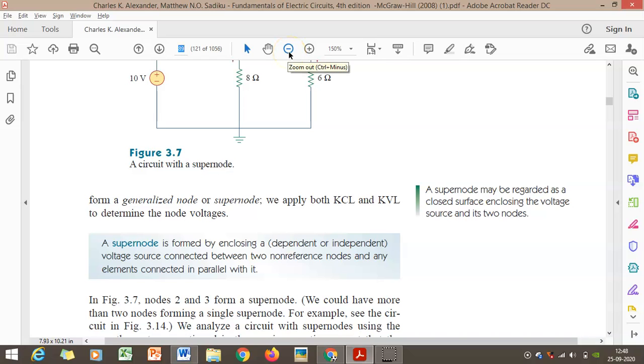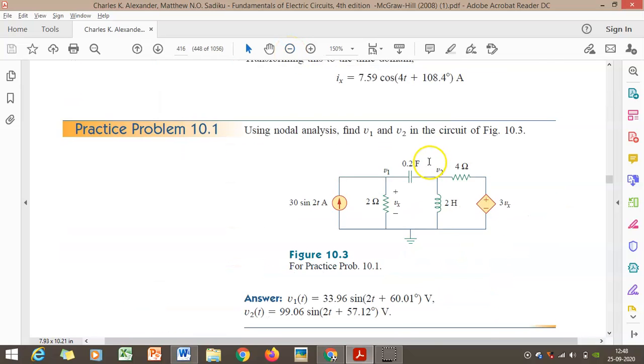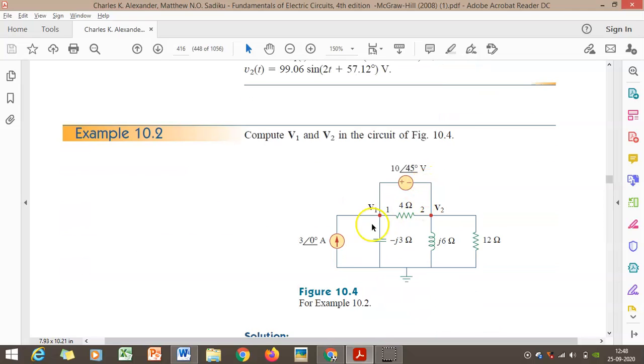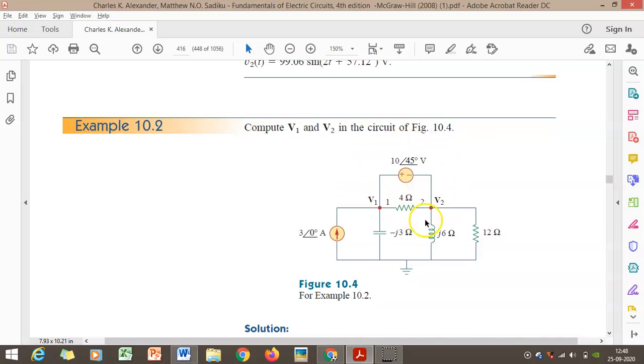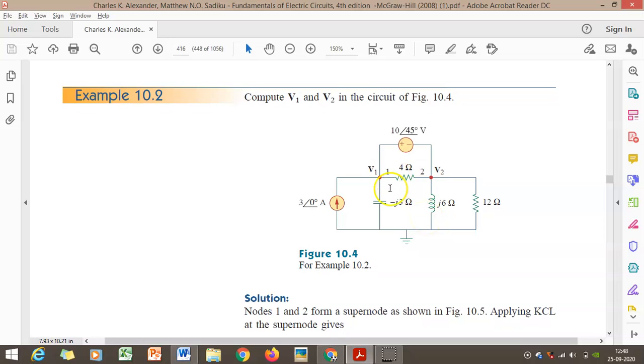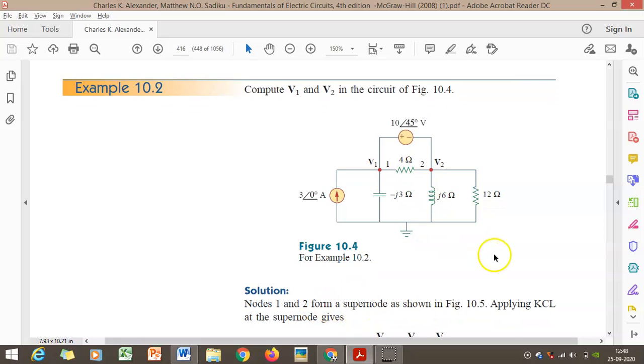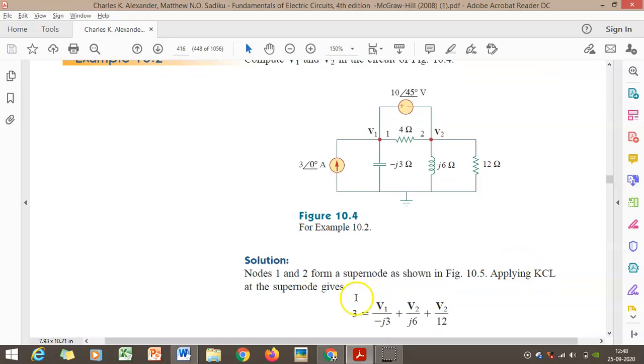I'll go back to the problem. See, in this problem also we have V1 and V2 as non-reference nodes, and we have a voltage source connected between the two non-reference nodes, and we have a parallel resistor too. Other steps following nodal analysis are the same, but solving that supernode alone is different. Node 1 and node 2 form a supernode as shown in the figure. Apply KCL at the supernode. What will happen? For V1, if you apply,